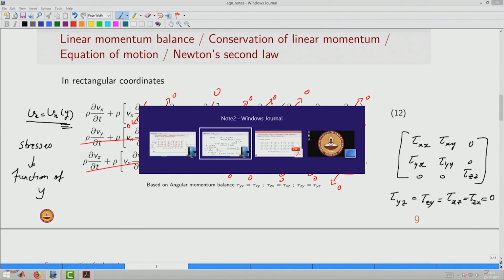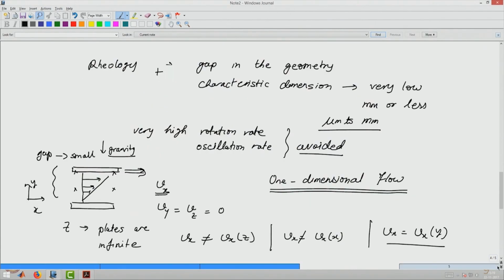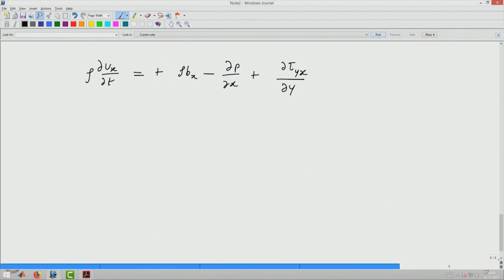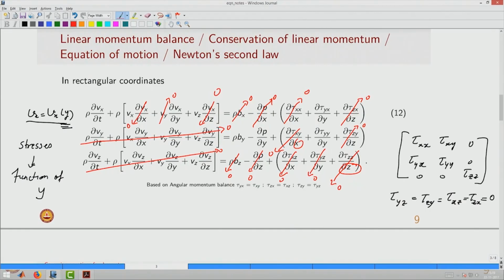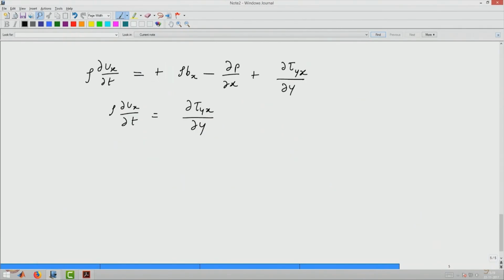So, now coming back to our overall governing equation, using all these statements it reduces to rho del v x by del t is equal to del tau y x by del y. This is the overall governing equation. For completeness' sake, we can also write the y and z components. In the y case we have